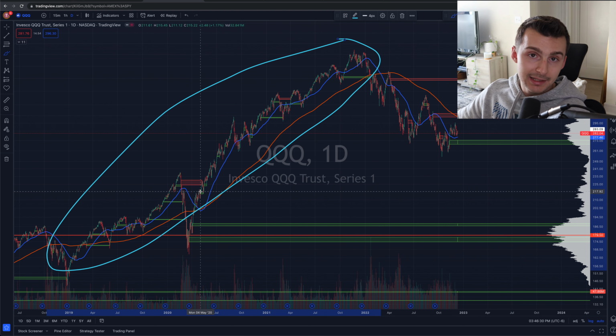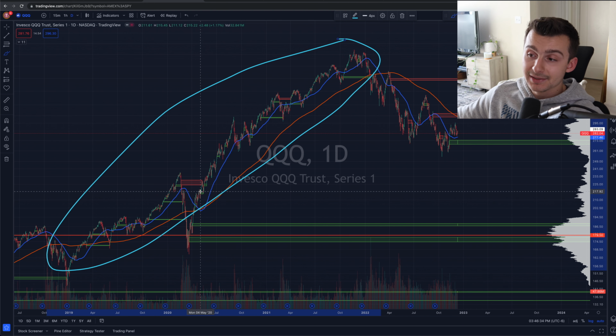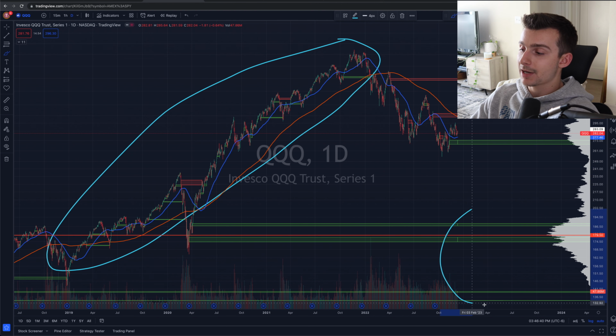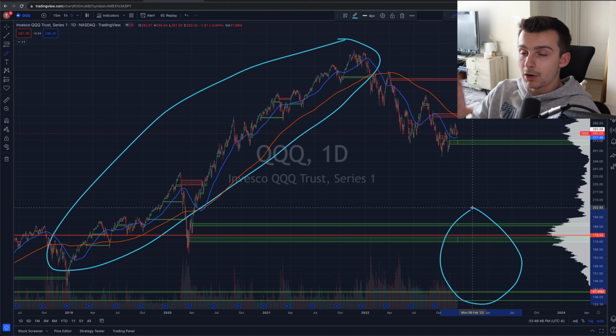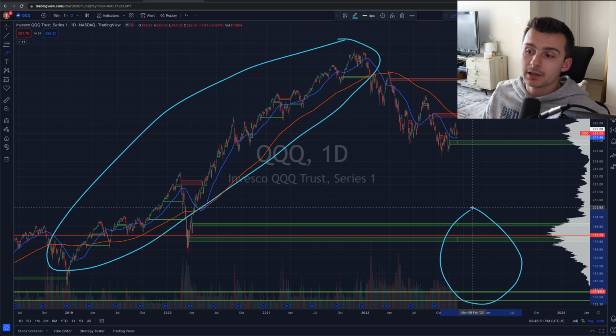Now, don't take it as if every single gap must get filled tomorrow or the next week, next month, because you may look over and say, hey, well, these gaps all the way down here are going to get filled. Now, they very well might, but it's also possible that they never do. So don't assume that all gaps get filled, but based off the history of the stock market, a lot of